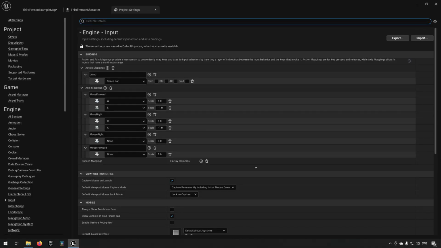Now then, to return to our mouse input. So we have named these mouse right and mouse forward, and this is not what they're going to be named in a third-person character template. It's going to be named turn rate and look up, I believe. I think so. Anyway,